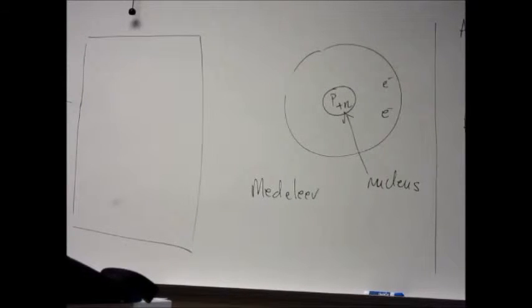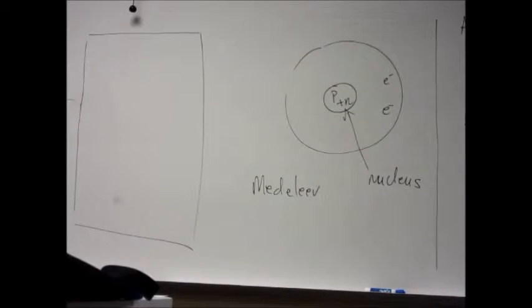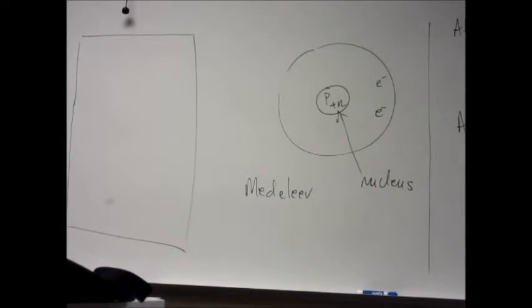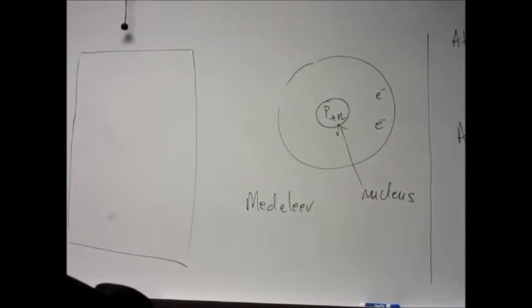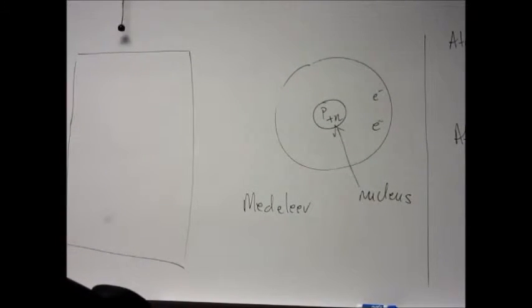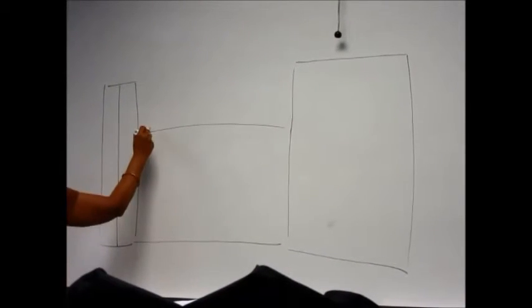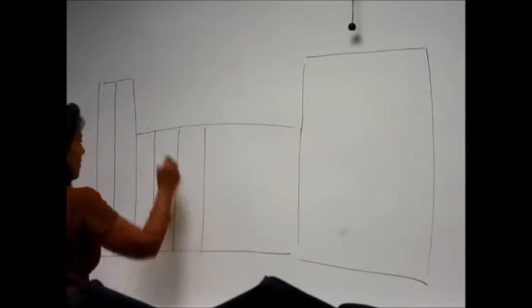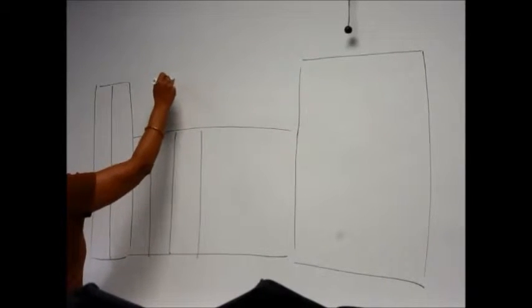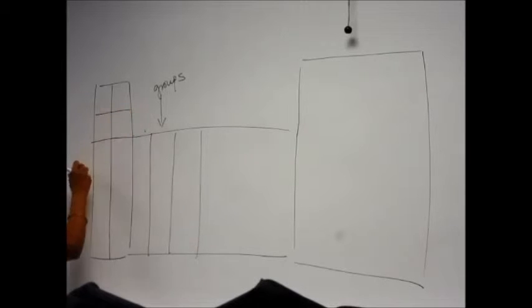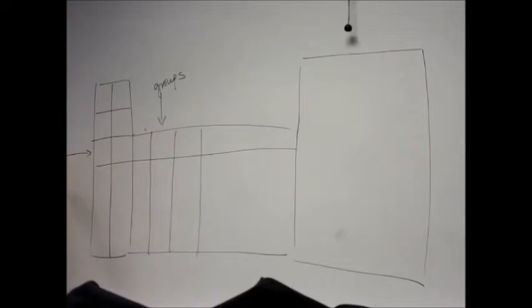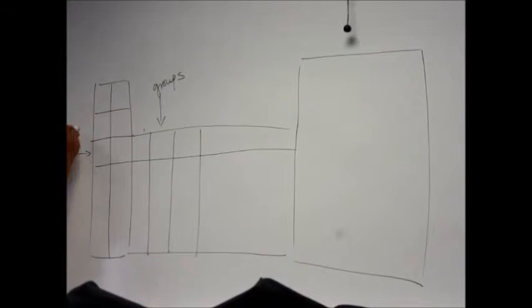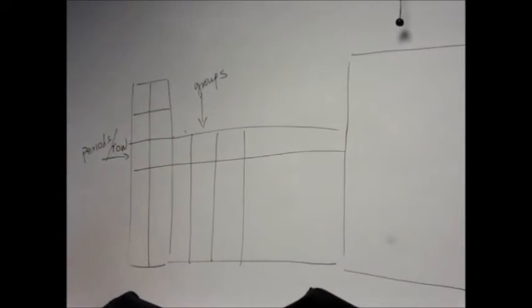And the first thing that he did when he designed the periodic table was that he designed it according to the atomic mass, not the number. Okay, as you go across the periodic table, the mass also increases. So he thought, okay, I'll arrange the periodic table according to mass. All right. The periodic table is divided into what we call groups and periods. So these, the vertical ones, are called groups. And as you're going horizontal, these are called periods, or you can also call them rows.